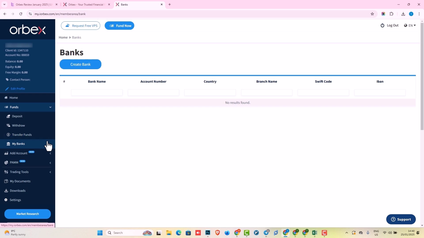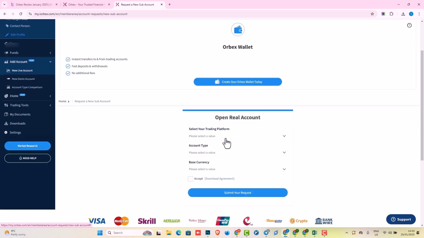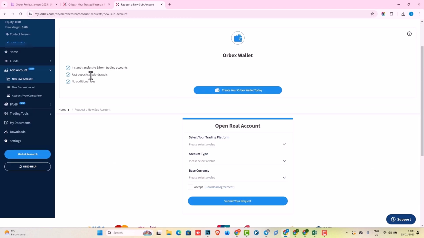In the next section, in the Add Account menu, at this stage of the dashboard, we see the Add Account option, which allows you to add a new account. The options under this menu include New Live Account. The next option is New Demo Account, which allows you to create a demo account where you can practice without